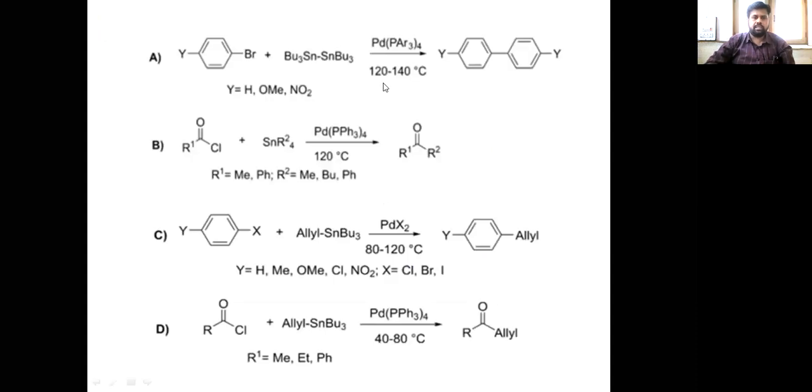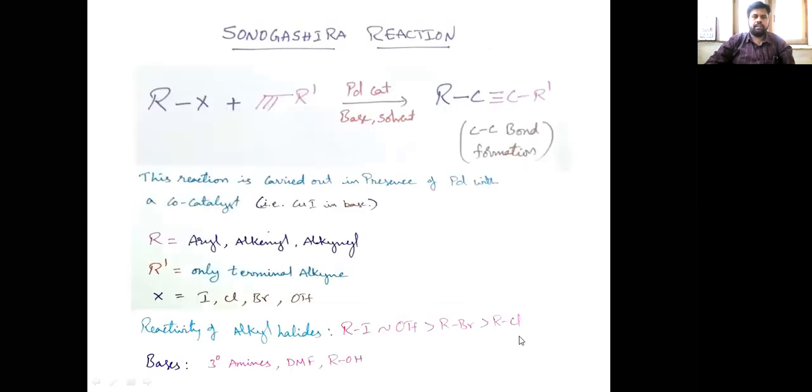And these are some of the examples given here. You can see the two phenyl rings are attached to one another. Here the chlorine is replaced with R2, and here also X is replaced with an allyl group in the third example. In the fourth one, the chlorine is eliminated and substituted by allyl groups. And the next one is